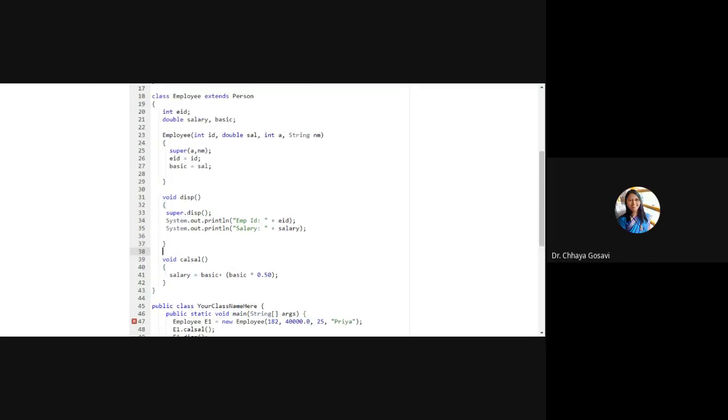Okay, one more thing. Suppose here I want one more display function, integer display with some integer ID, integer number. I want to display only that person whose ID is equal to n. So just tell me whether it is method overloading or overriding. Method overloading. So this is method overloading because it is in the same class with a different parameter list.